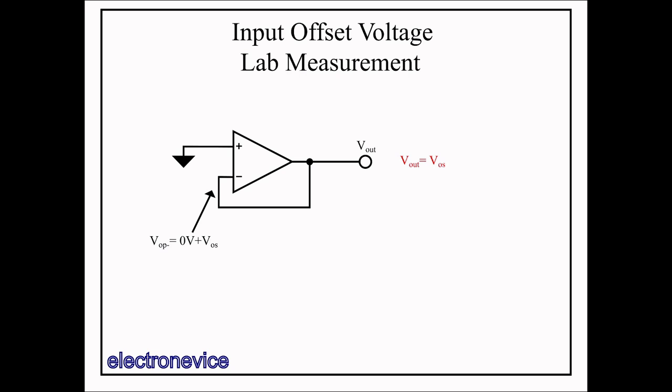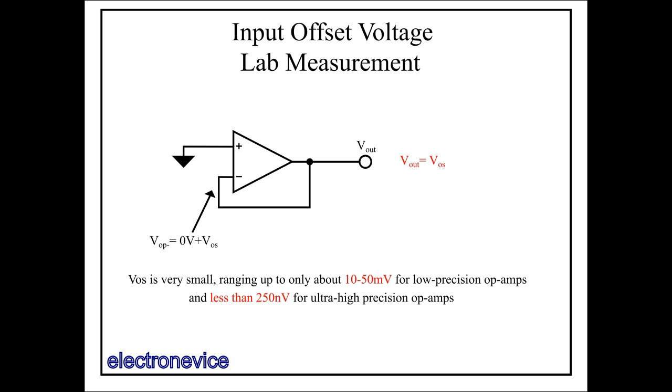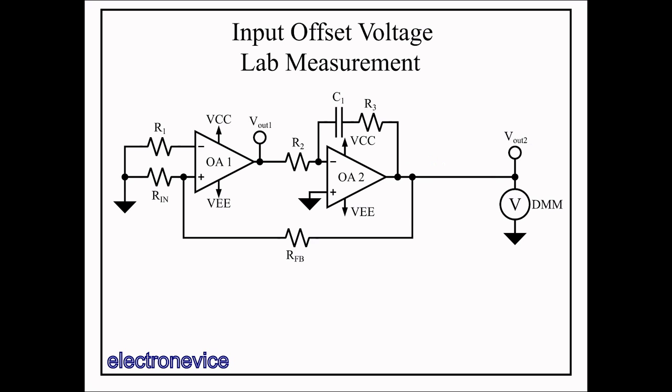However, this is an extremely inaccurate way of doing so, as input offset voltages are almost always less than 50 millivolts, which is a difficult voltage to measure accurately at DC, and many op-amps have significantly lower input offset voltages, with some very low offset op-amps possessing input offset voltages lower than 250 nanovolts. As a result, it is far more prudent to construct a circuit that utilizes some of the op-amp's gain to gain up the signal so as to minimize the measurement errors. A useful circuit that does that is this one.